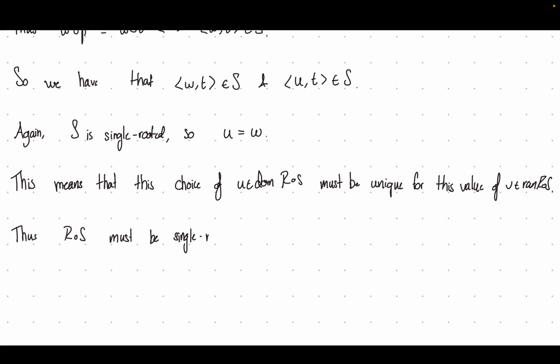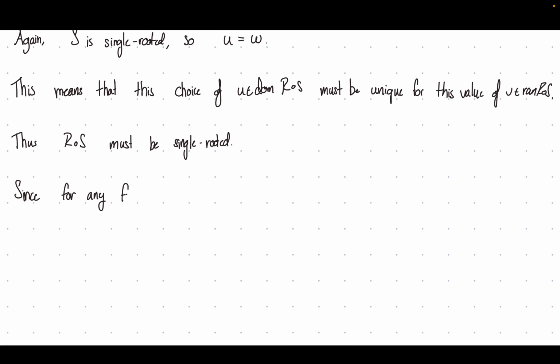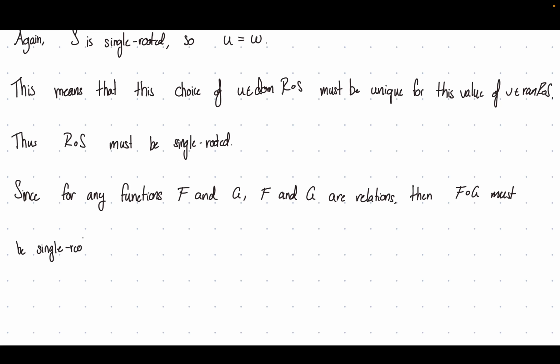And now, since for any functions F and G that are relations, then F composed G must be single rooted, meaning that F composed G must be 1-to-1,